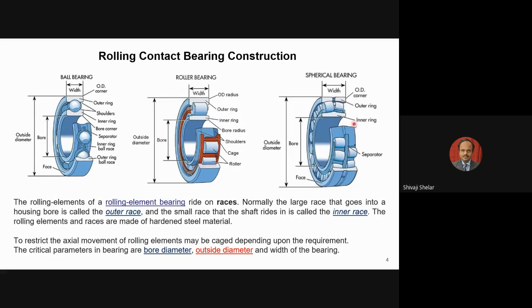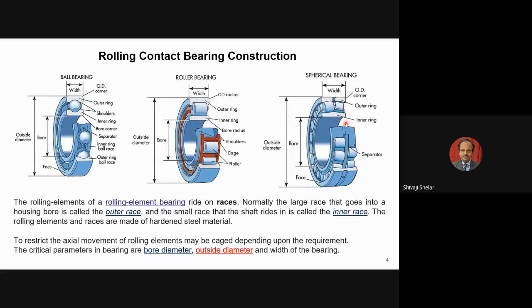Now, since you require more capacity, you may have to use a number of rollers, as well as additional rows. So this is a double row spherical roller bearing. These need to be sometimes separated physically, and they may not be separated depending upon the requirement. If you want to enhance your load carrying capacity, sometimes it is not possible to use a single row ball bearing. So then you have to increase this width and add more rolling elements. You can add double row, triple row depending upon the requirement.